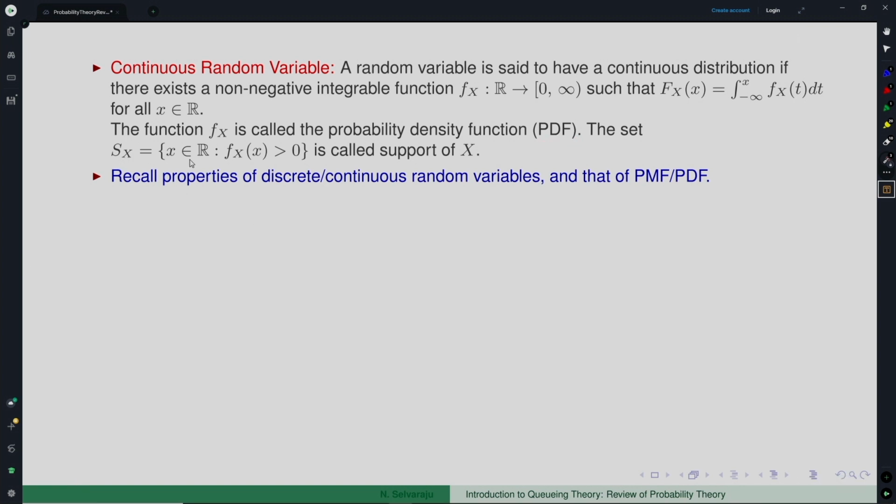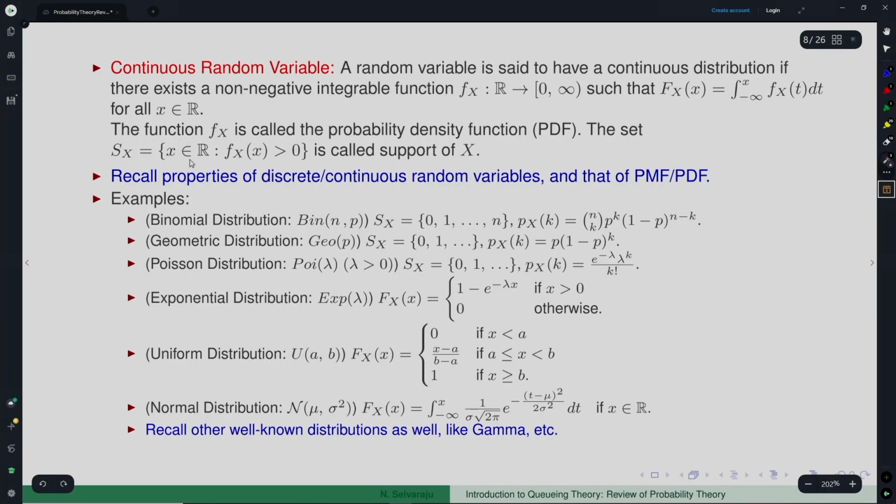So, basically, instead of the distribution function, if the random variable is discrete, then the random variable and its probability mass function, and if the random variable is continuous, the random variable and its corresponding PDF would define the model, whatever we could call a model for it, right. You can again recall certain properties of this PMF and PDF, okay.